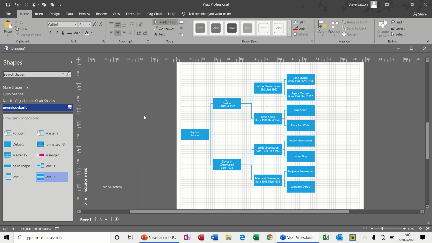What I'd like to do in this session is show you how to create a family tree using Microsoft Visio shapes, custom shapes, and how to add shape data into those custom shapes. So as you can see on the screen, I've created a very small part of my family tree, just going back to my